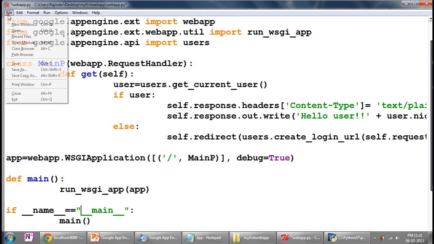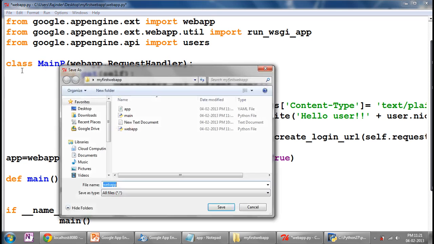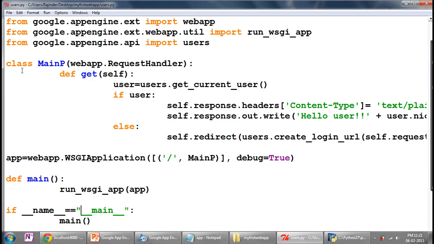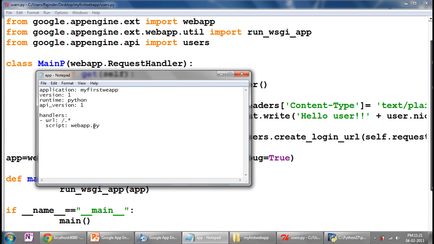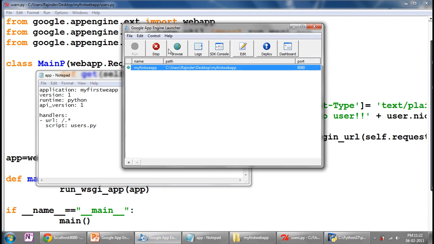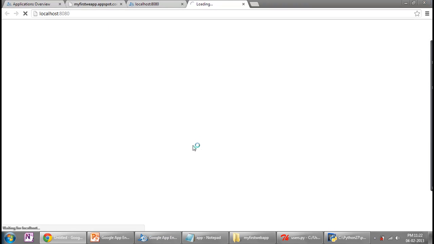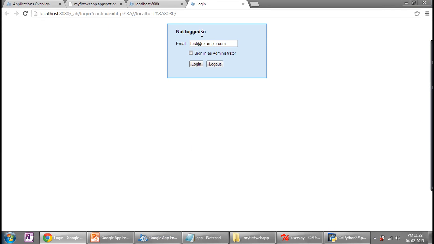Okay, now see what happens. Save this as users.py. Save this one, go to the Google, now run in the browser. Okay, we do not have any user, so the else part runs, it asks to enter a name or email.